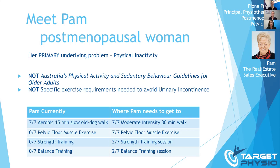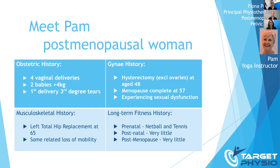So now let's look through Pam's story for all of the modifiable factors. As we look at a tiny bit of the vast body of high quality research that underpins the work of women's health physio,